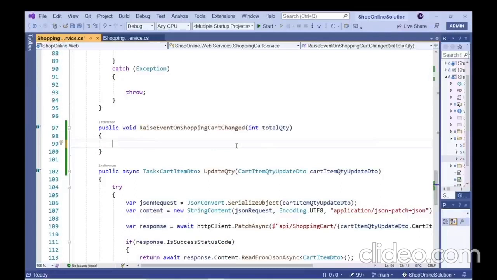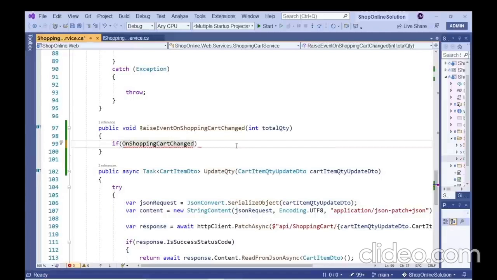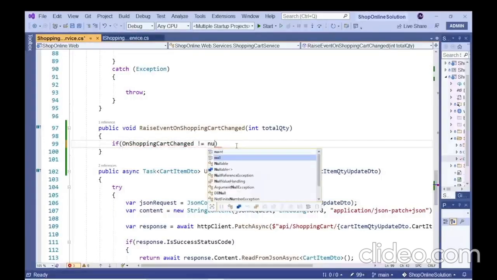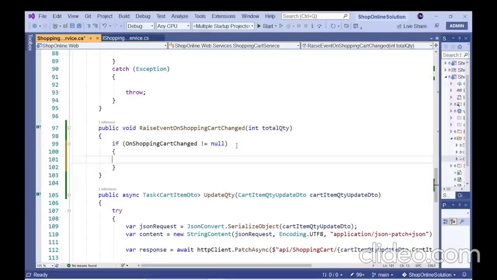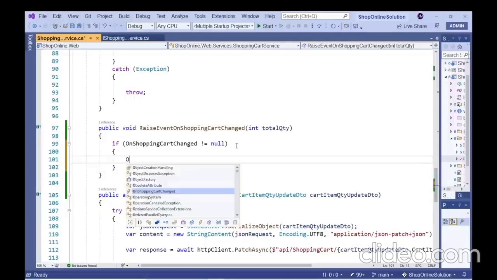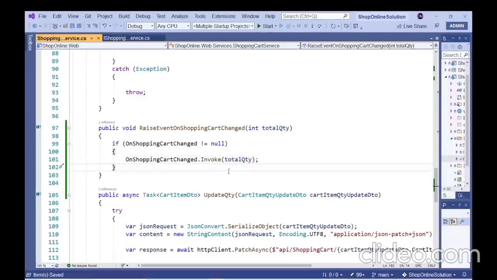First, we need to check if our event has any subscribers. We can do this by evaluating the onShoppingCartChanged event object. So if the onShoppingCartChanged object is not null, this means that the event has subscribers. So if the event has subscribers, we need to write code that raises the event to those subscribers. We can do this by implementing the invoke method on the onShoppingCartChanged event object. Then we can send the appropriate integer value to each of our subscribers by passing in the appropriate integer value